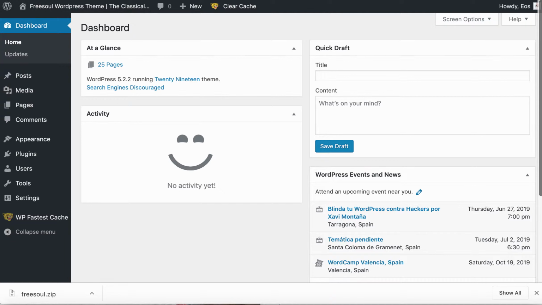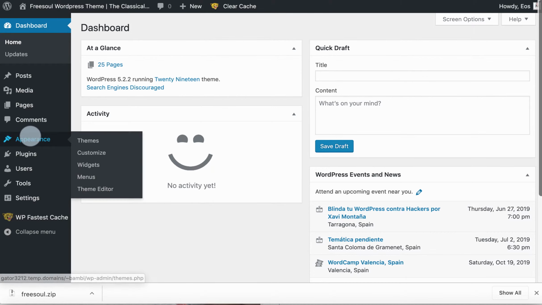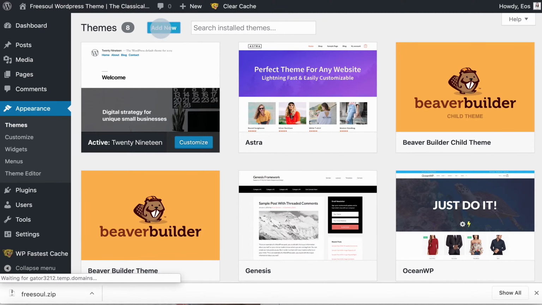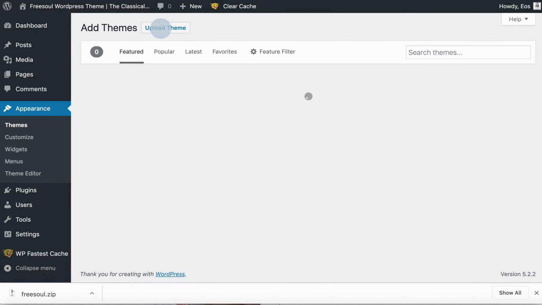Then you go to your WordPress dashboard, to your WordPress installation where you already installed WordPress on your server with your domain name. From here you go to Appearance, Themes, and you click on Add New. And you upload the file, Upload Theme,